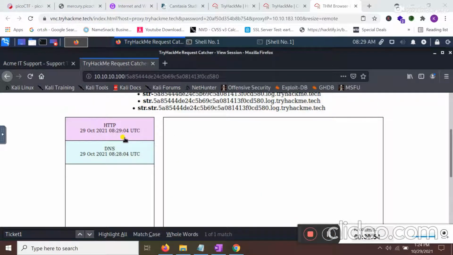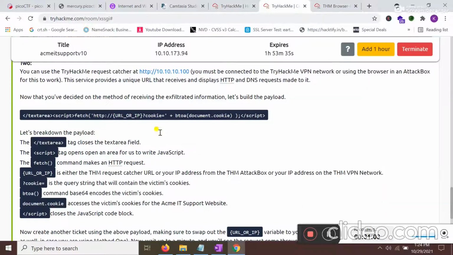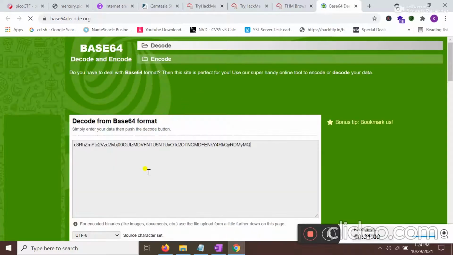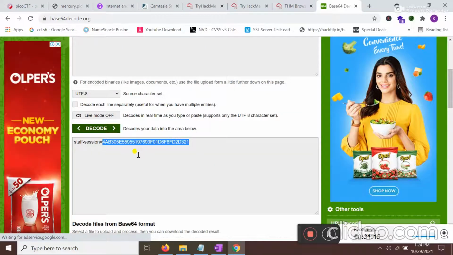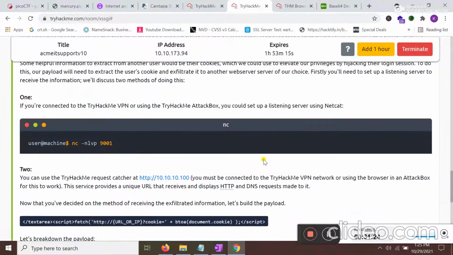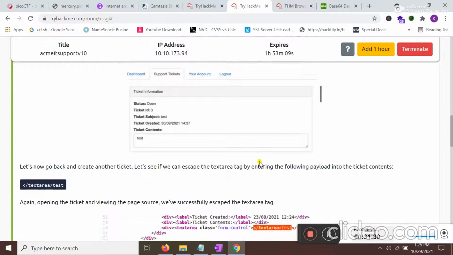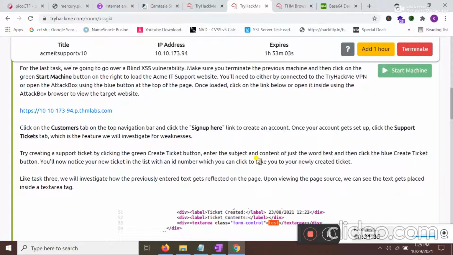Right now I'm able to fetch the HTTP request. When I click on this, here you can see the cookie is present. I can copy this cookie from here, and here you can see a decoder is present, that is base64. When I paste this cookie value here and decode it, see here, this is the value of this cookie. This is the actual result of the staff session cookie, and this is my final answer. In this way, guys, you can perform blind XSS. In this task, you learn how you can steal the cookie in order to gain the session of any